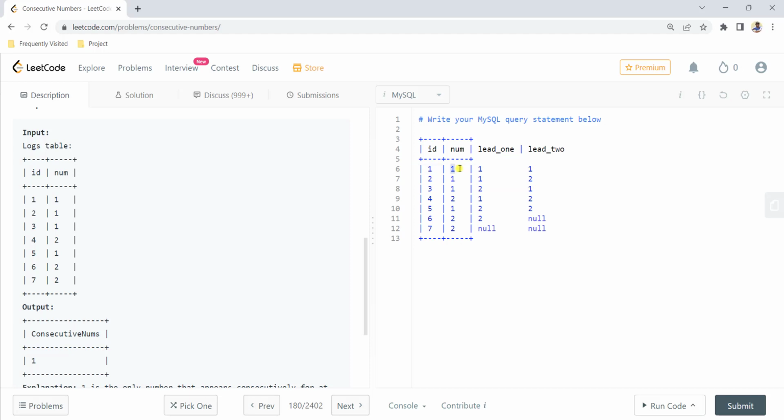So now it is easy for us to solve. We just need to make sure whether the num is equal to the first lead one and the num is equal to the lead 2. If this condition is satisfied, then we can say that these three numbers are in the same consecutive order, and we can also output the same number. Okay, now that we understood the logic behind this, let us go ahead and try to code this with